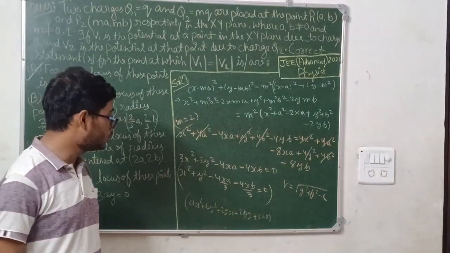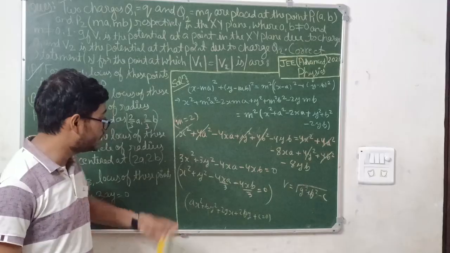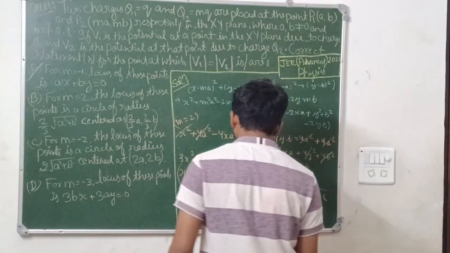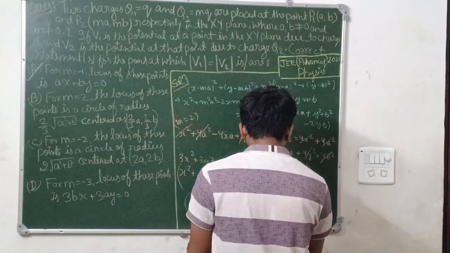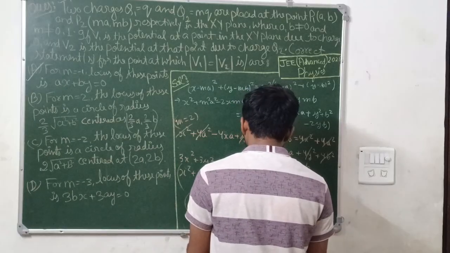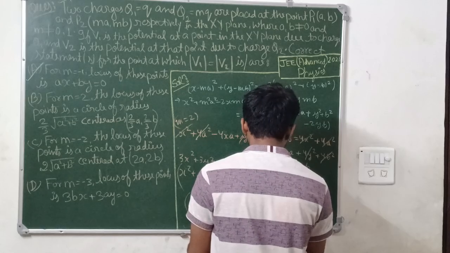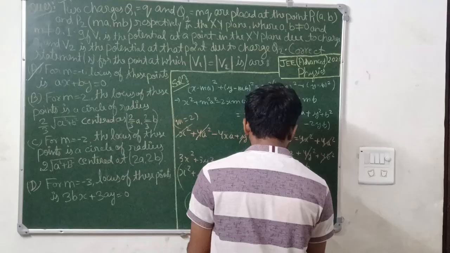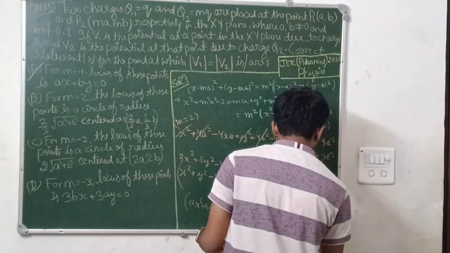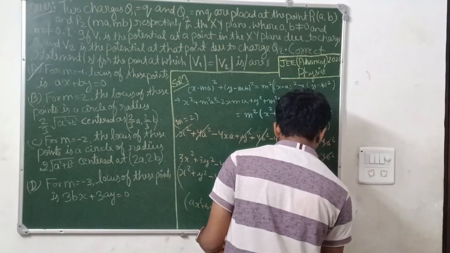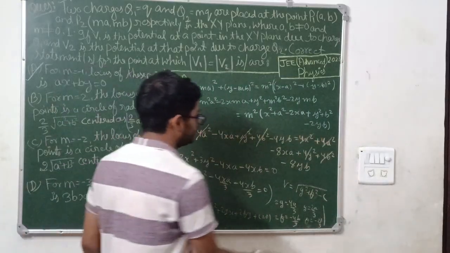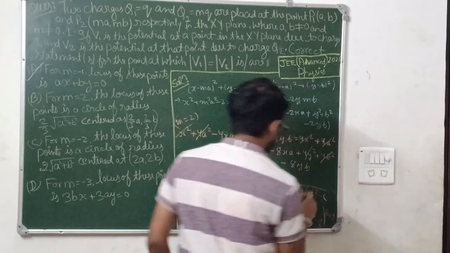Okay, how do you find g and f? You can compare this with this equation. The coefficient of x is 2g and the coefficient of y is 2f. So here the coefficient of x is 4a by 3, so 2g would be equal to 4a by 3 and 2f will be equal to minus 4b by 3. So simply g is coming out to be 2a by 3 and f is minus 2b by 3. So g and f are there. What is the constant? Constant is 0.